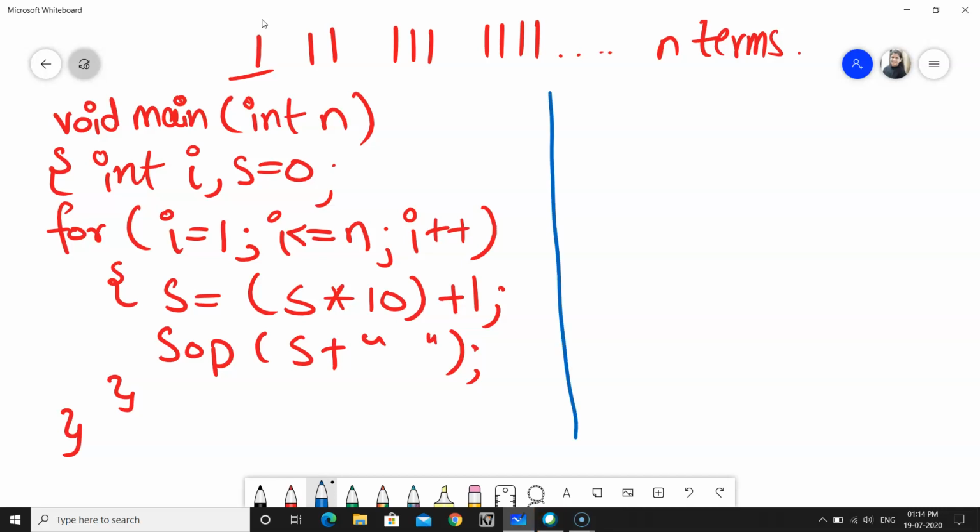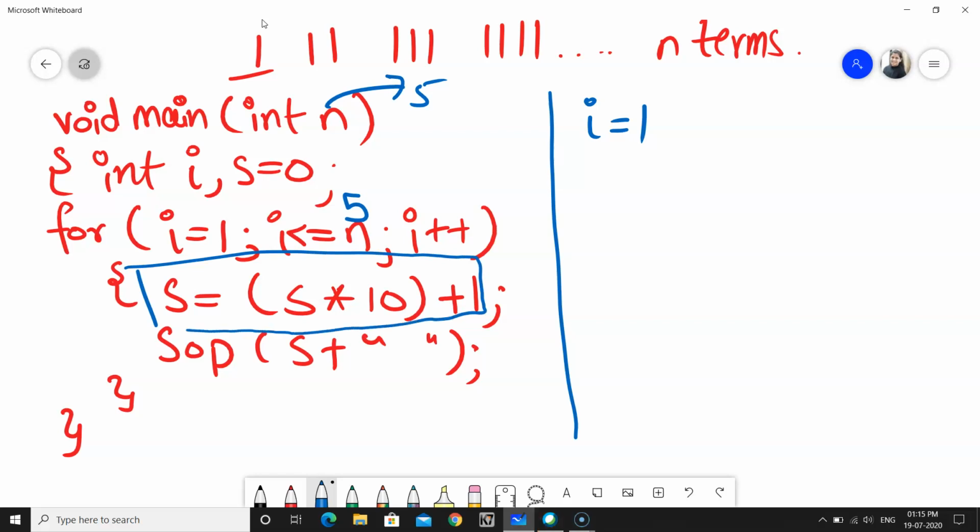The dry run will be very easy. See, let's say I want to input n equals to 5 terms. I want to print the 5 terms. For what I will do now, initially the value of i will be 1 because I will start from 1, to i is less than equals to n. So let's say i is less than equals to 5, it will check. First of all, this is the most important line. This is the line only that will print a given series. So you have to concentrate on this line only.